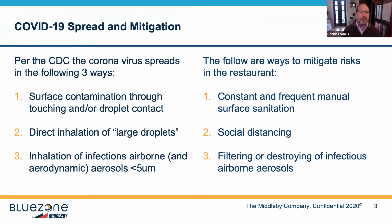Josh was just talking about was using surface cleaners to really sanitize the surface, because droplets land on the surface and then people have contact with them. So you've got that covered. The second way viruses spread is through direct inhalation of droplets. That means if somebody coughs or sneezes right next to you. That's why we have ordinances around the country with regard to masks and social distancing, specifically in smaller